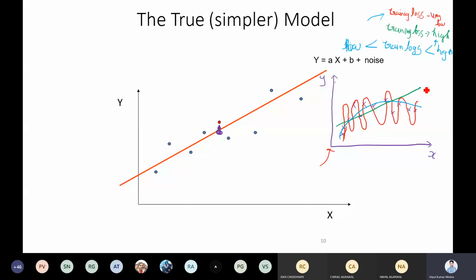Now if you say I want to cover each and every point, I want to take care of each and every point, then you create a red curve. Once new data comes, this red curve will give a very bad result. So this is the overfit problem, and what we want is something like the blue one, which is a good curve that has less training error and less testing error both. So that is a good curve, right? That is our motive once we train the model.